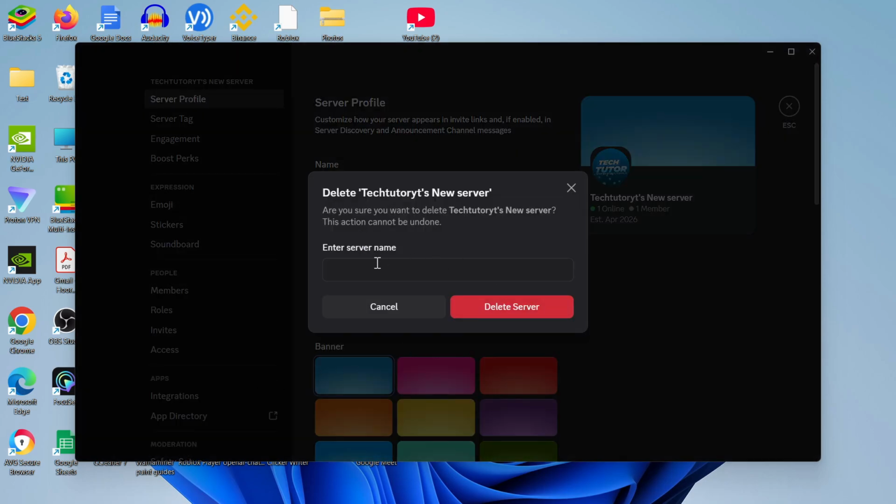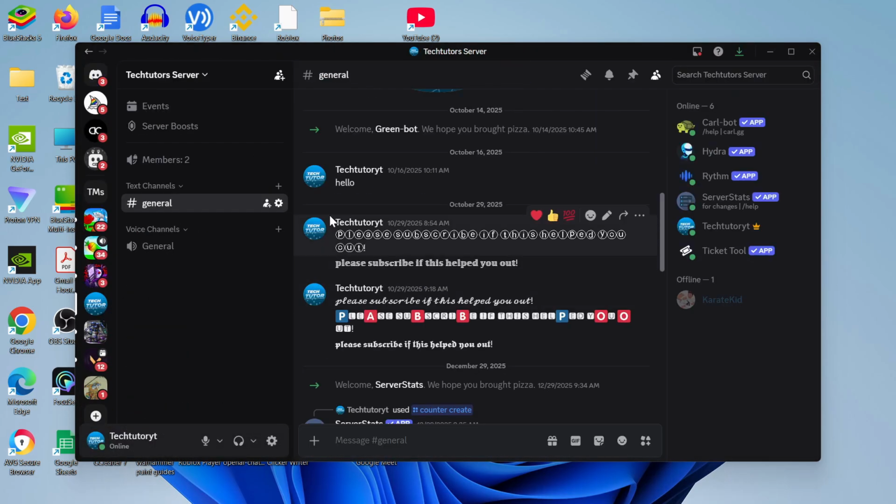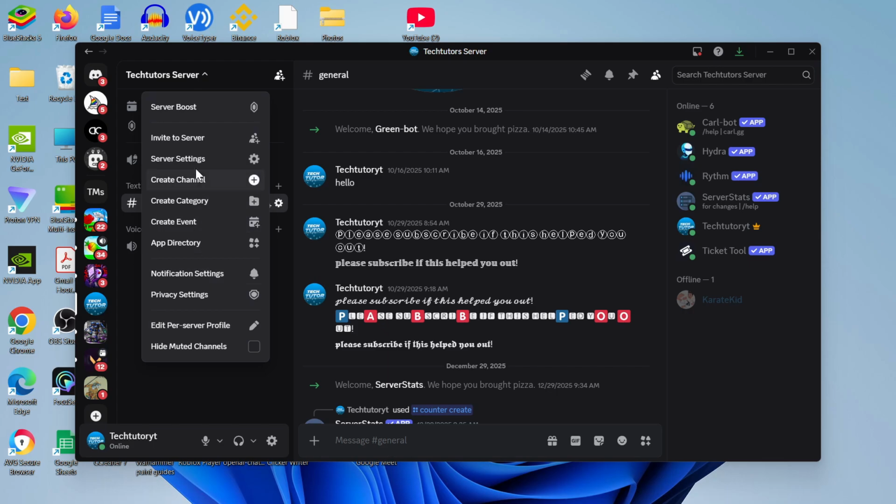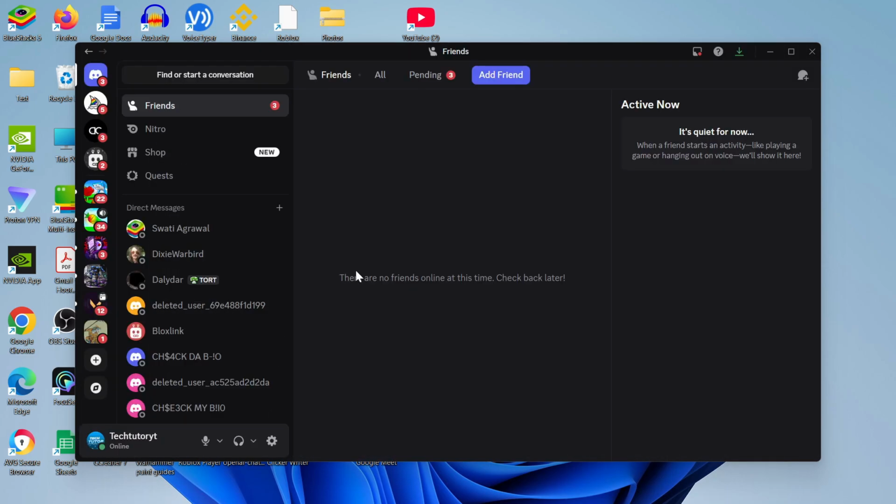Give that a click, and what you're going to want to do is enter your name exactly as it is. This is case sensitive, so make sure you enter any capitals as they appear in the name, and then click the delete server button. So you just want to repeat this for any servers that you have. I've currently got two. Once you've done that, what you want to do is come back into your settings, and